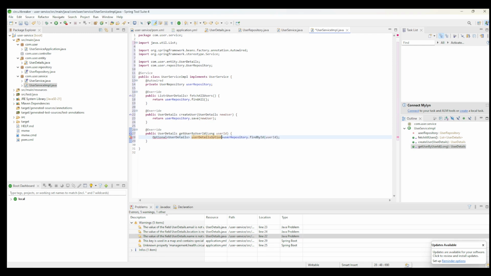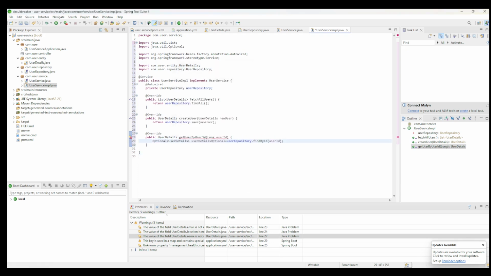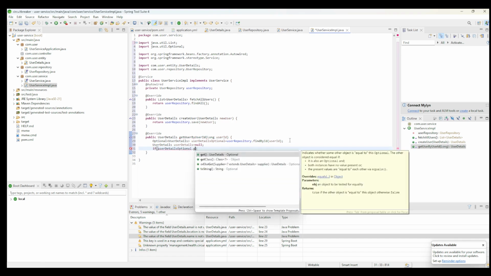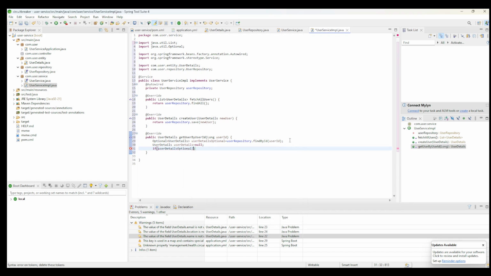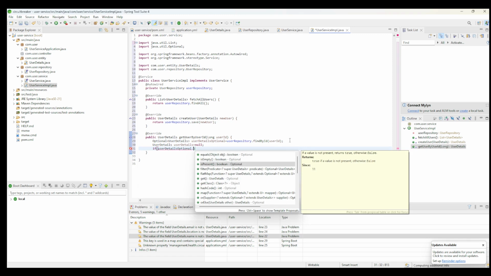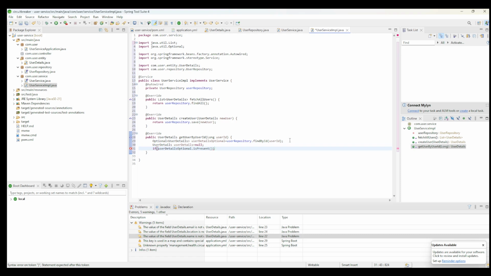And here we can say user details optional. Now here we can check if we can create one user details variable, let's say, which is null initially. Now we are going to check if user details optional is not equal to null, or we can say is present, or is empty. Here we can say if it is not empty, in that case we are going to call,